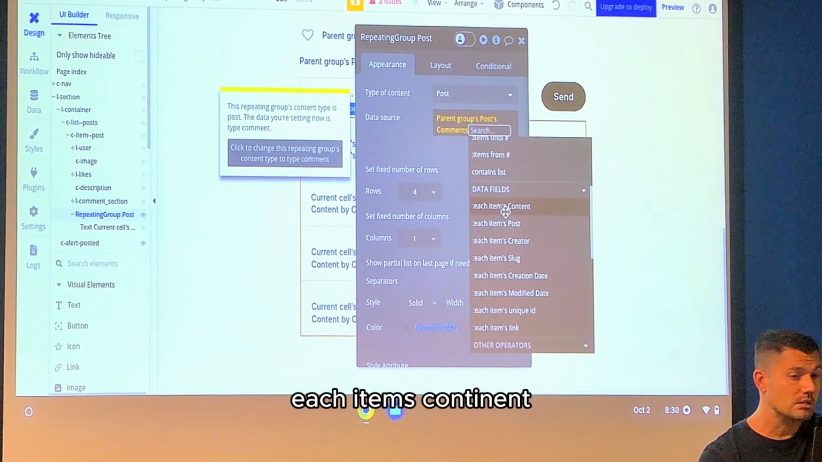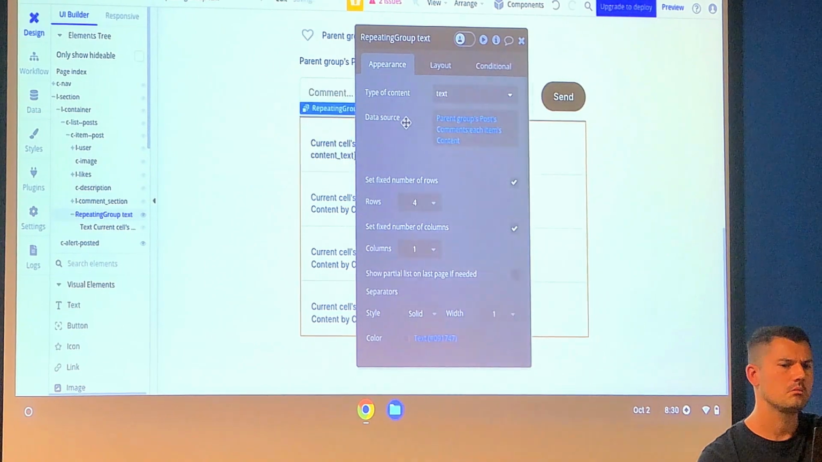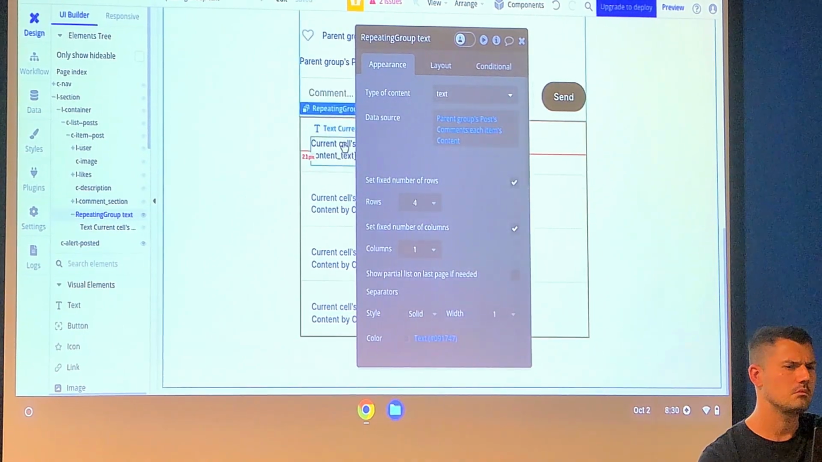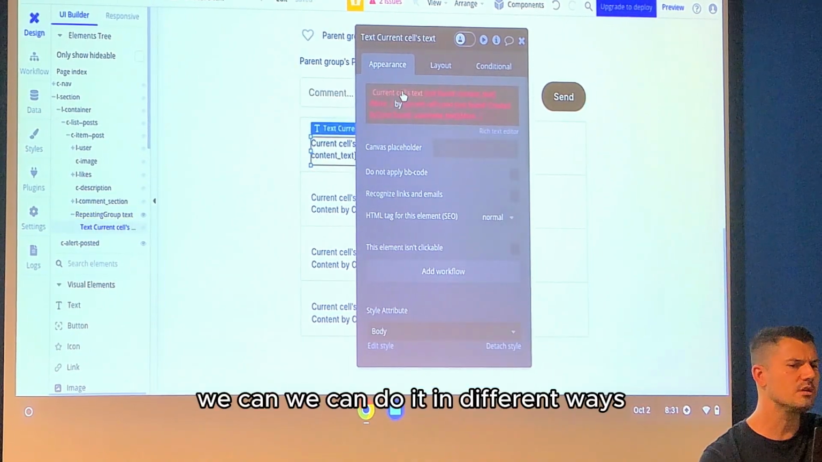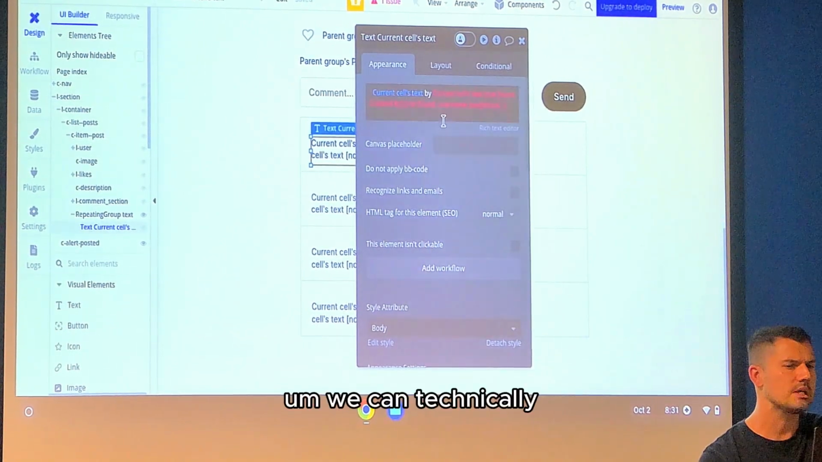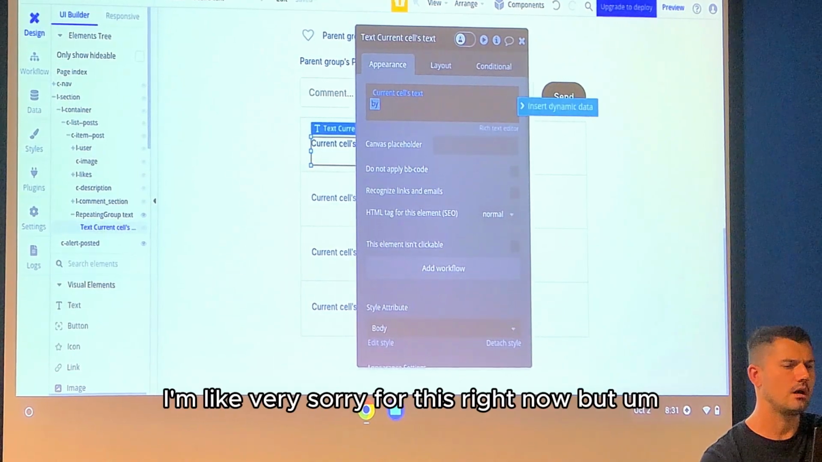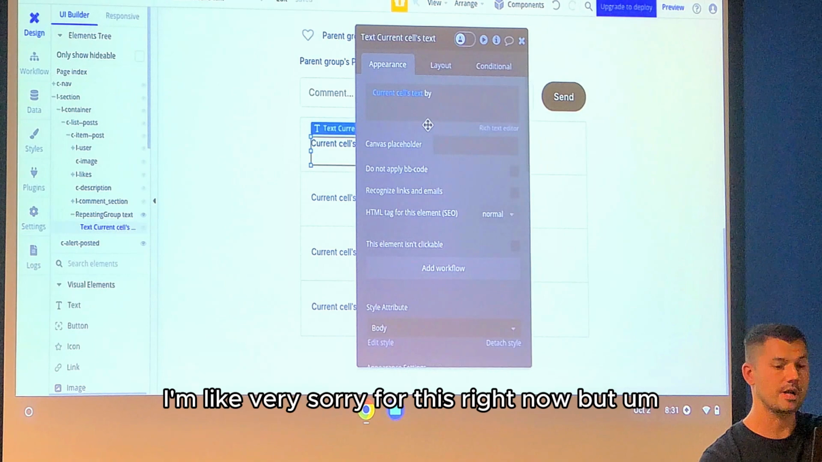Each item's content. Oh, so we can just probably do this text. And then, oh, type of, okay. Well, we can do it in different ways, because then we can say, we can technically iterate through the, I'm literally too tired for this right now, but,